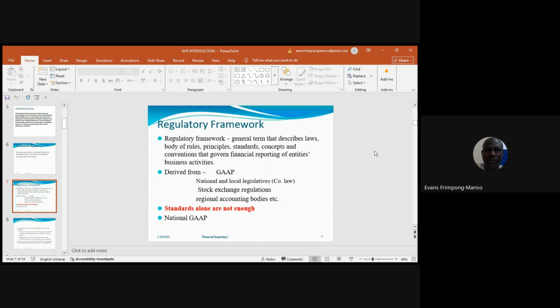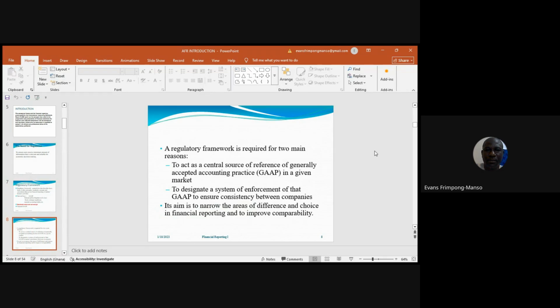Now you see that I have put in red ink that the standards alone are not enough. You need other regulatory regimes to help you prepare a reliable and relevant financial statement. So some of them you can use the local generally accepted accounting principles, we call the GAAP, generally accepted accounting practice, or generally accepted accounting principles. Now,